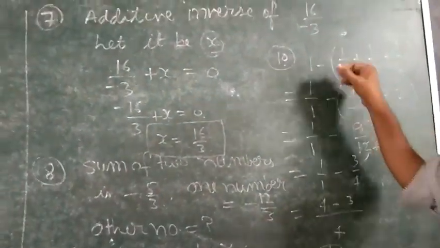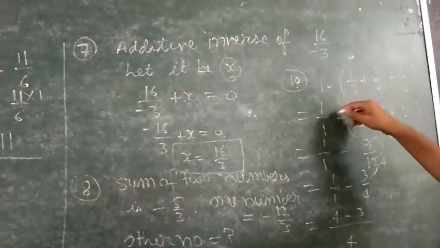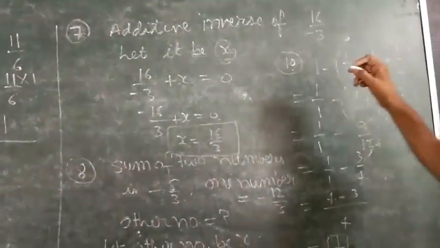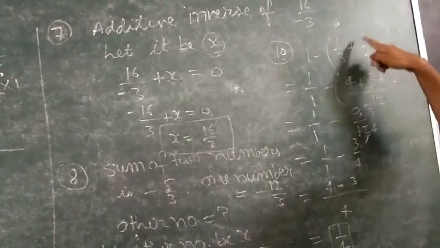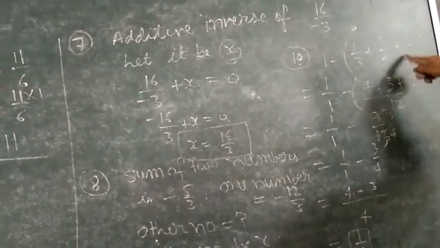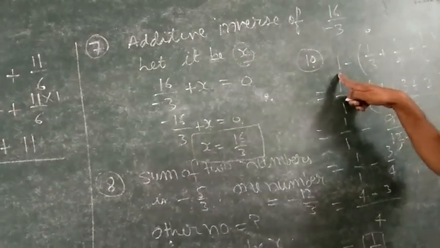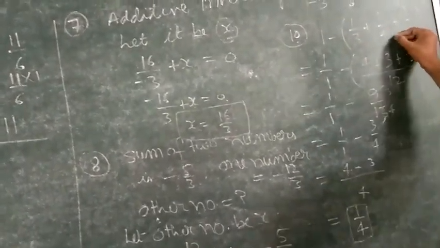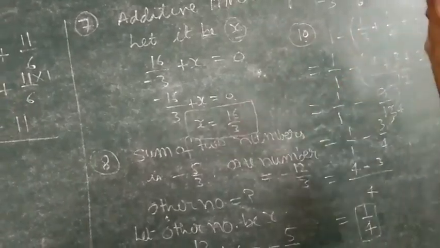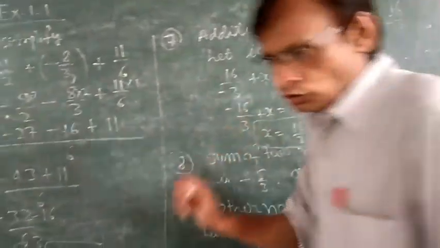This is question 10, in which it was given to you what should be added to 1/3 plus 1/4 plus 1/6 so as to get its answer as 1. What should we add to this so that the answer becomes 1? So we will add 1/4, and the answer will be 1. After that, question number